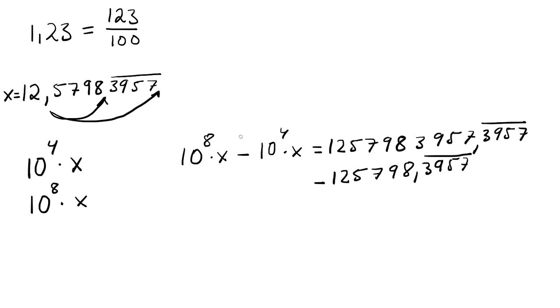And now we see that when we subtract these two numbers, these periodic sequences will cancel. So we only have these two integers in a subtraction. So if I now do this subtraction of these two integers, for example using the subtraction algorithm, then I will get the answer